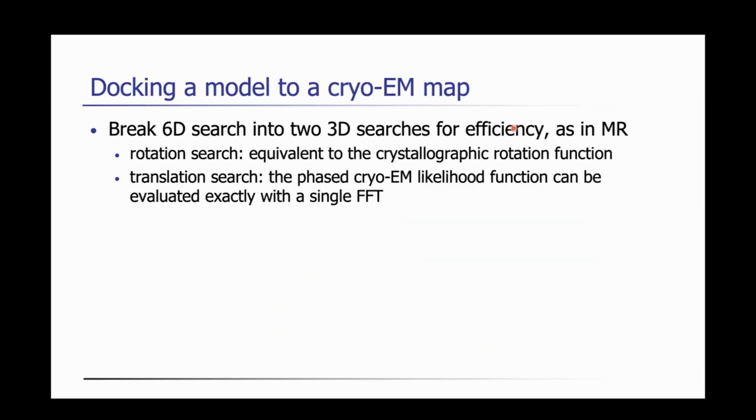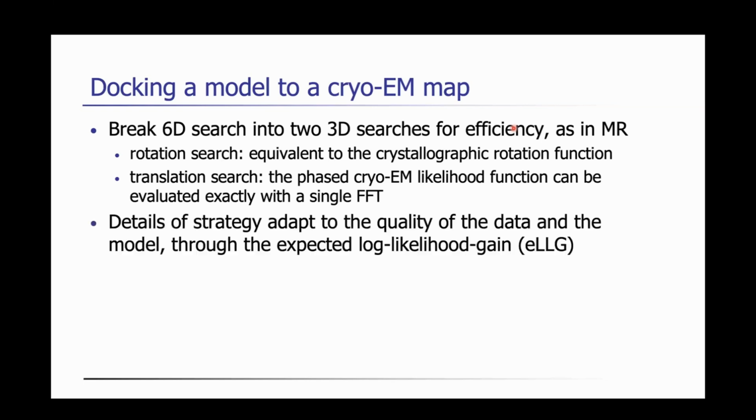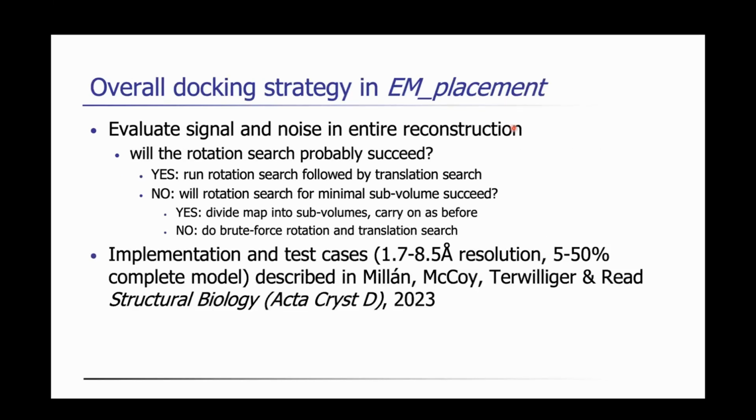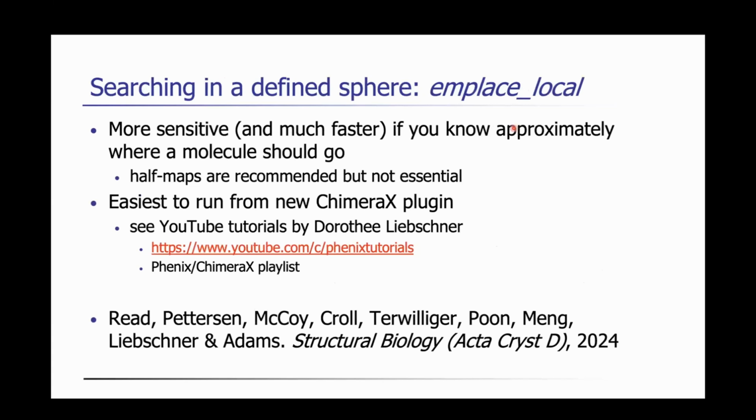And once we've done that, then we can do a rotation search, which is like a crystallographic rotation function, then a translation search, which is actually a single FFT, and use the expected log likelihood gain to choose a strategy, which I'm going to skip over. And we tested it, and it works really well. And we'll have an example of that in the tutorial. And the last thing I want to mention is,